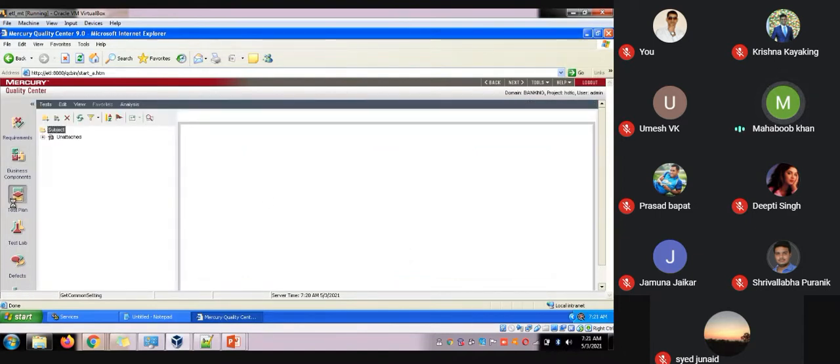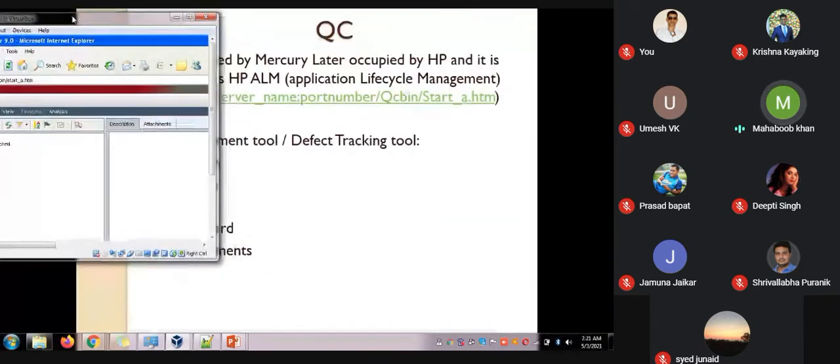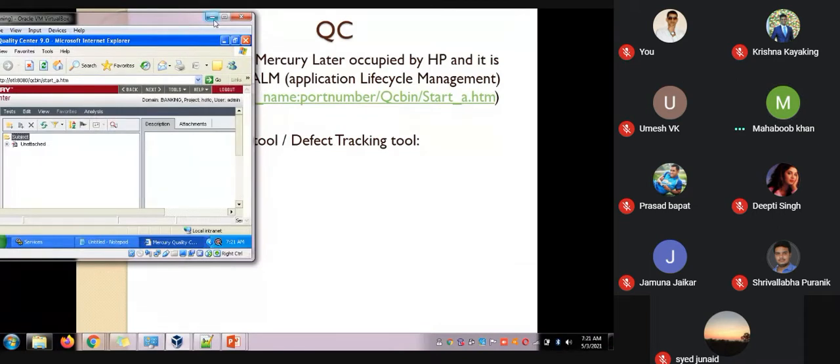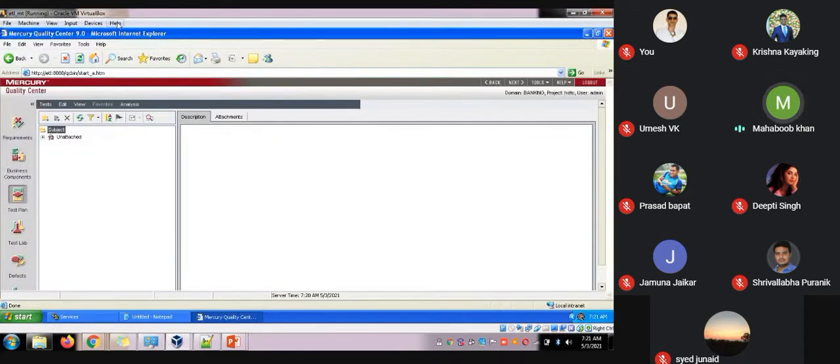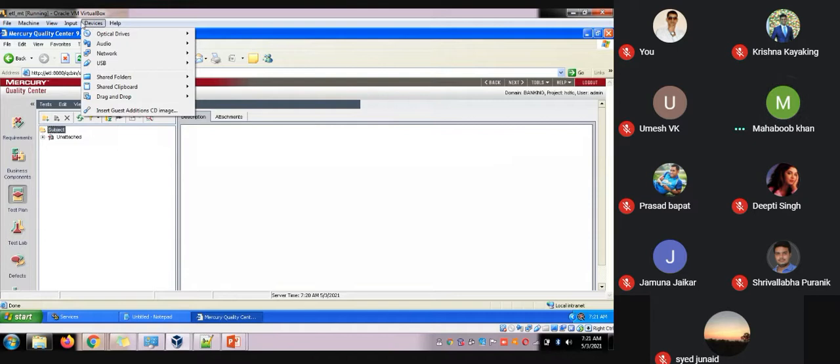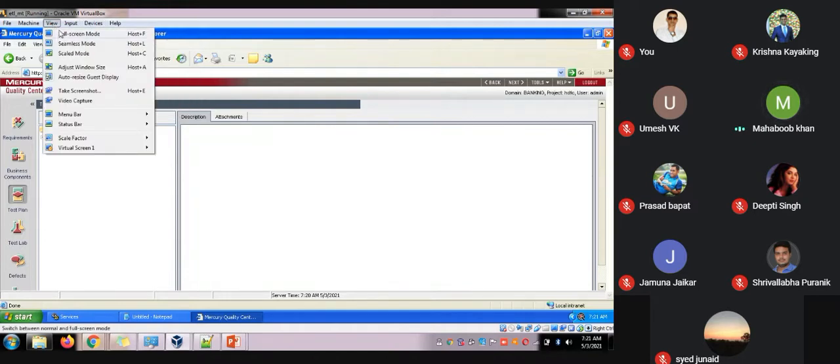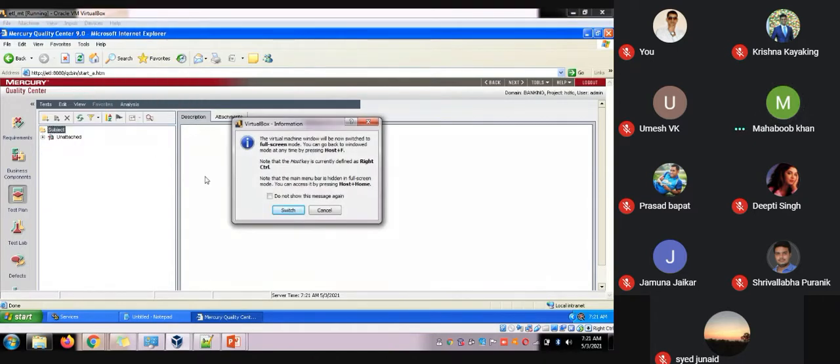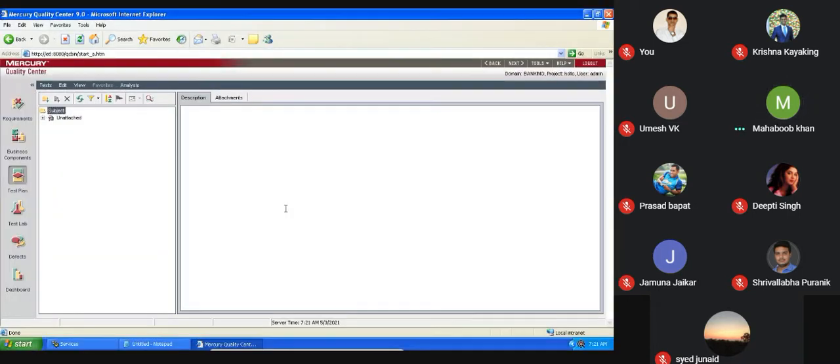Each and every block here is said to be HP Quality Center. Let me enlarge this screen so that it helps you see everything full screen. Now, this is the Quality Center which you will be working in in real time.